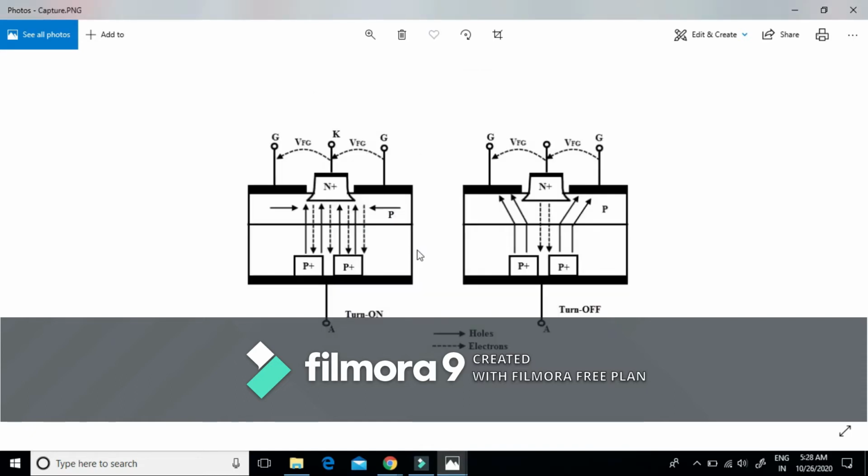In the turn-on and turn-off process, the turn-on operation of GTO is similar to that of a conventional SCR. During the turn-on process, whenever this anode is made positive with respect to the cathode, junctions J1 and J3 are forward biased, and the only junction that is reverse biased is junction J2. By applying this positive gate current, like that of SCR,